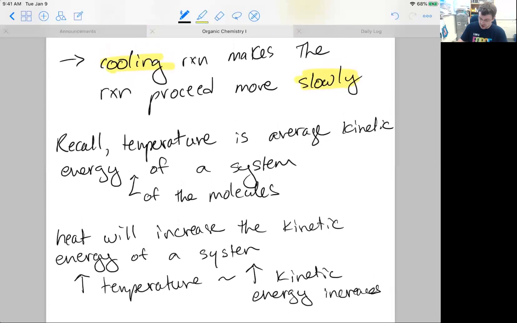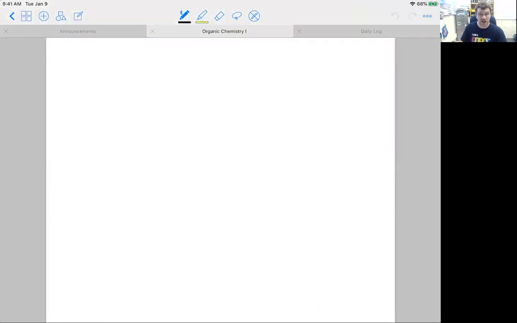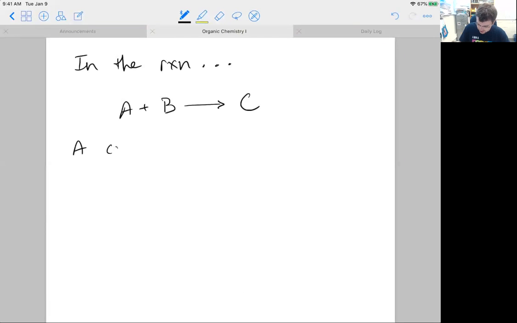Now, a reaction is generally the collision of a few molecules. Sometimes it's the breakdown of one molecule, but if you have some reaction A plus B goes on to C, and this is just a very generic reaction, A and B aren't things. It's not B for boron. It's just saying hypothetically, if we have two molecules, 1A, 1B, you get it. We're going to mix those together to form a product C. In this reaction, A actually collides with B,